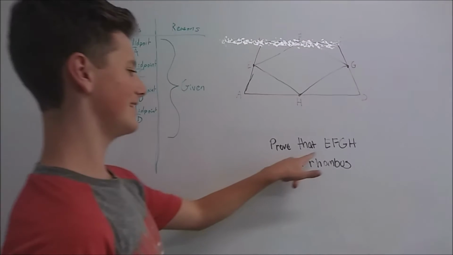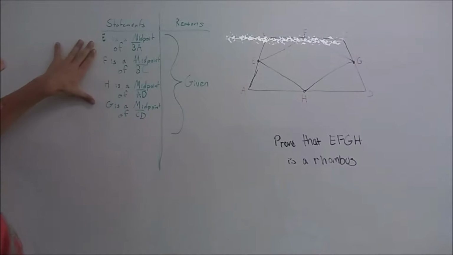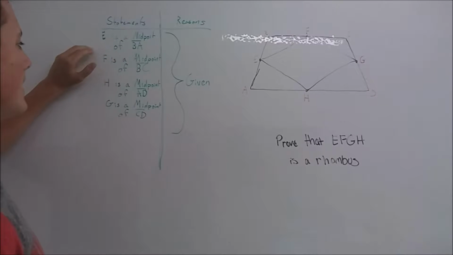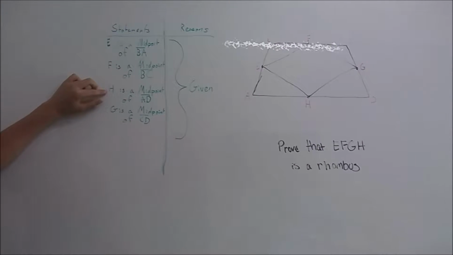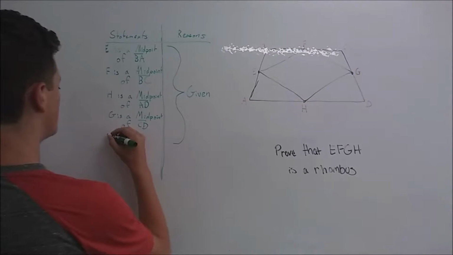Okay, so I'm proving that EFGH is a rhombus, and it's already given me these points as E is a midpoint of BA, F is a midpoint of BC, H is a midpoint of AB, and G is a midpoint of CD. So first I saw that